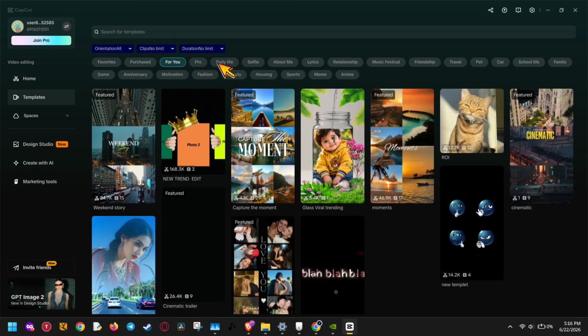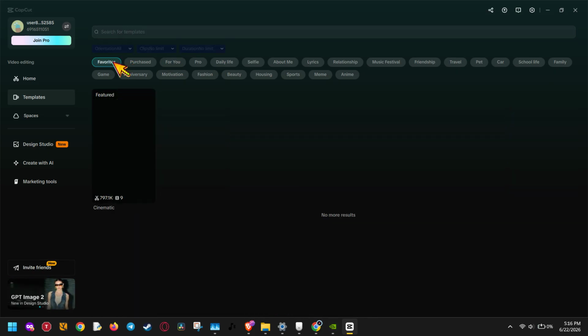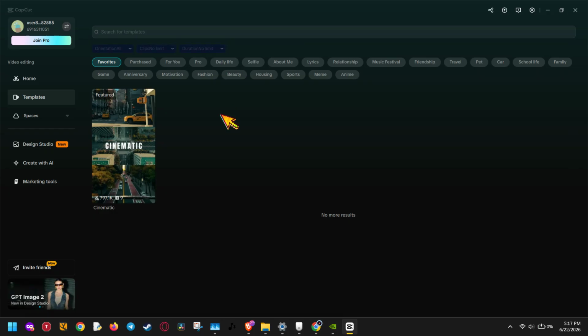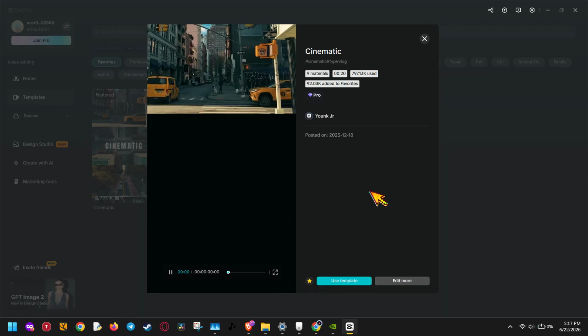Now, look near the top left section of the template panel, just below the search bar. You should see a small drop-down arrow. Click that arrow to open the menu, then select Favorites. As soon as you choose Favorites, CapCut will instantly show you all the templates you've starred or bookmarked. This is the easiest way to get back to templates you already saved, especially if you want to reuse them